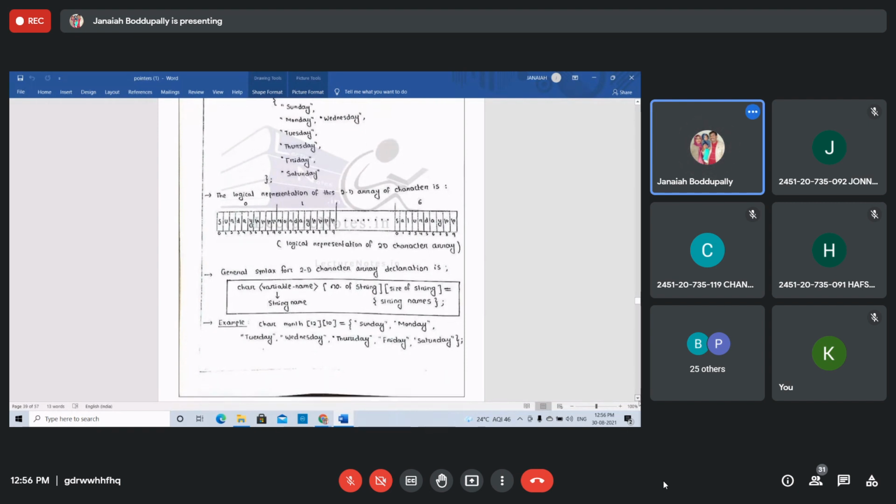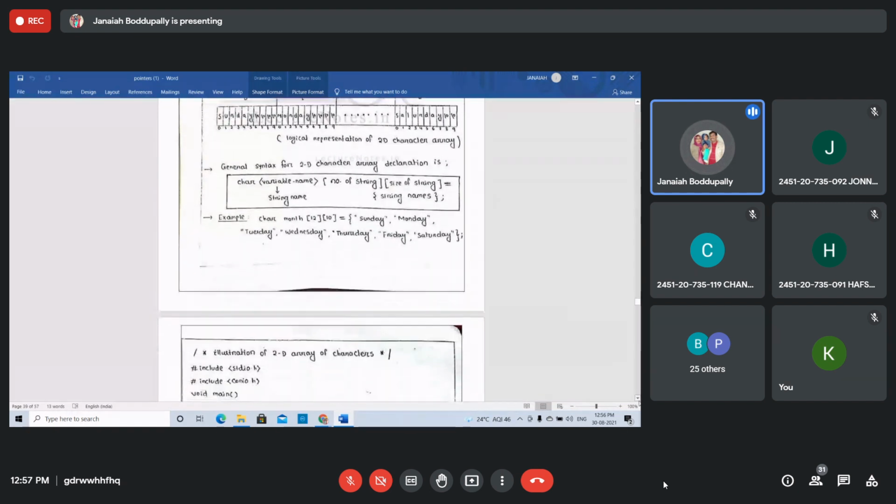The general syntax for a two-dimensional character array declaration: char string name, number of strings, size of the string, equals the string names. This is the initialization of the string names. Example: char month[12][10] equals Sunday, Monday, like this.